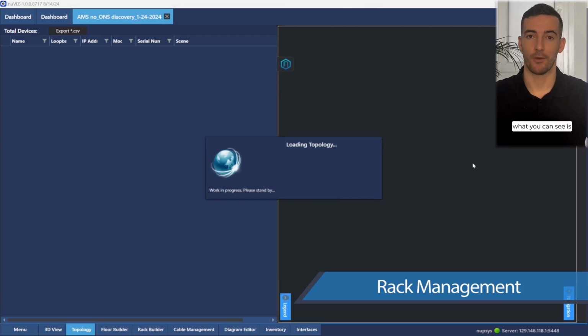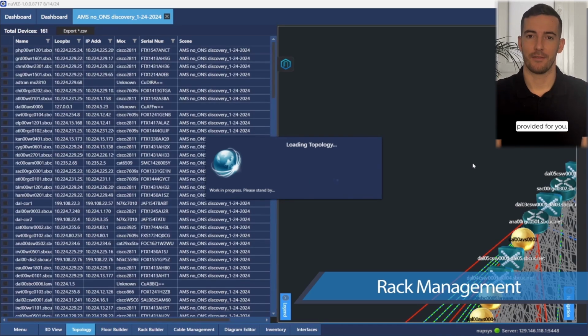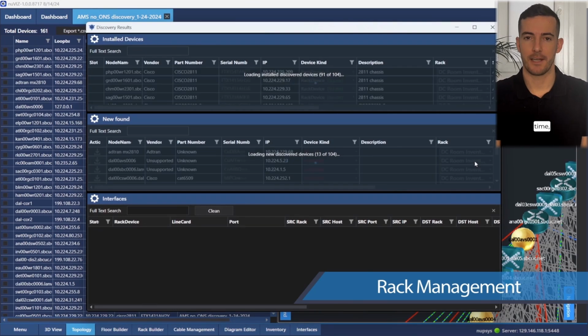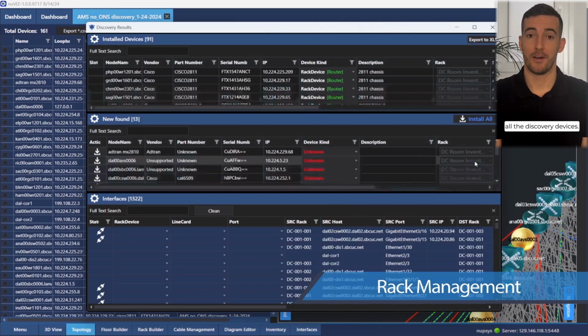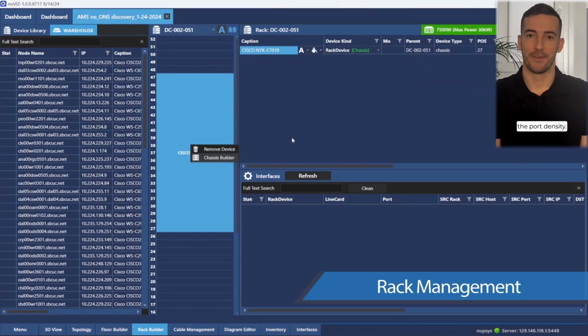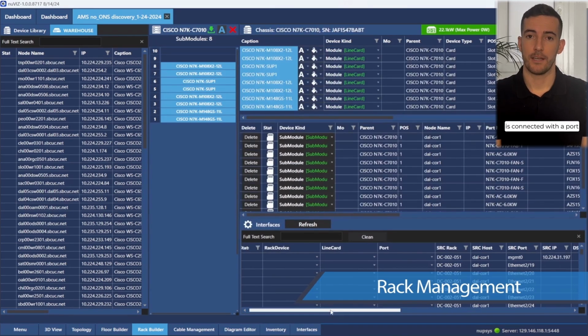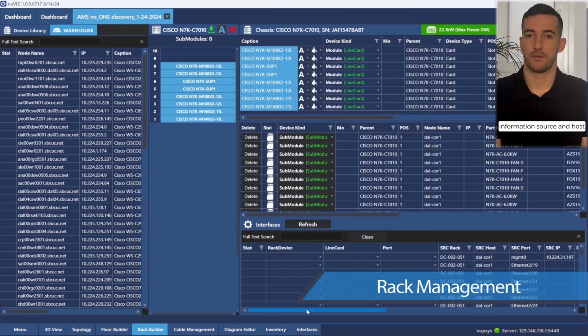Moving forward, what you can see is that automatically all the devices are installed inside of the chassis and the stencils are provided for you. After you do the restoration of the discovery a second time, we automatically propagate all the discovered devices. So when you discover, the stencil will keep the information, the port density. Also, information on the devices is connected with a port information source and host destination, which means the direct builder